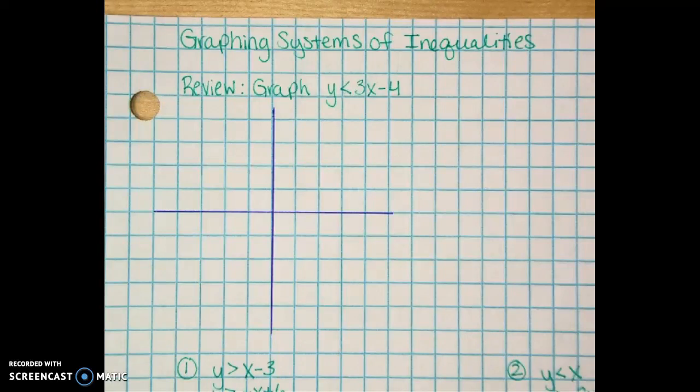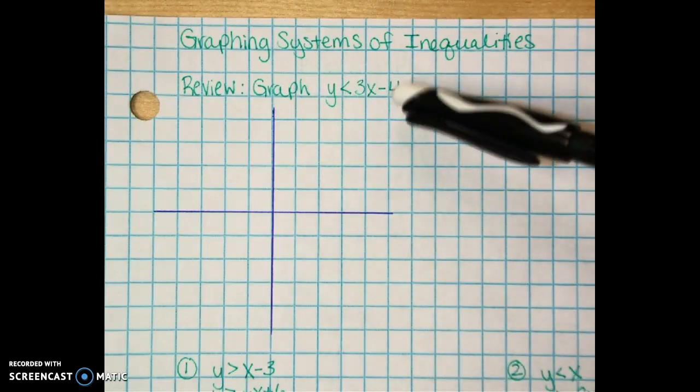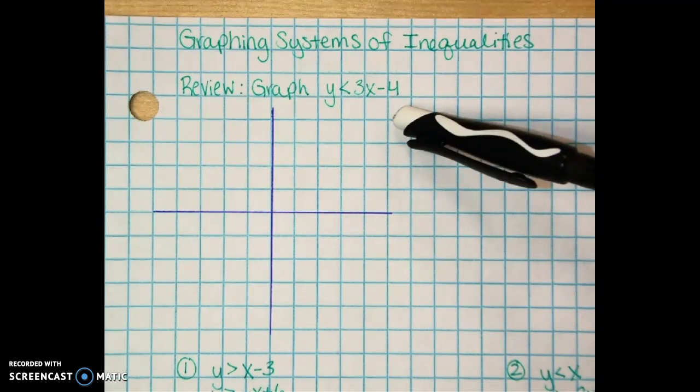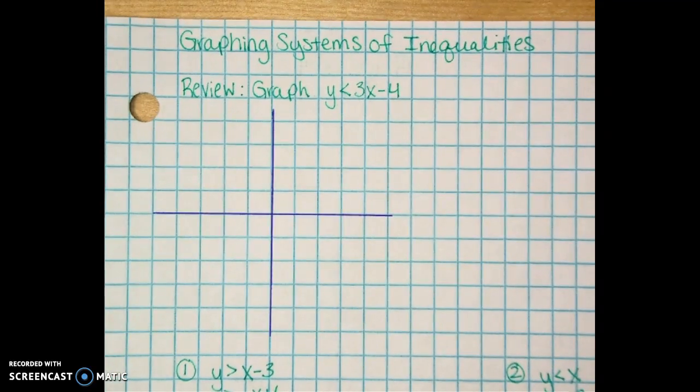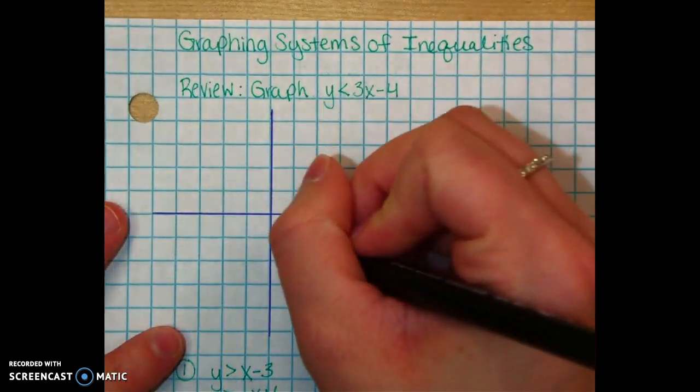Today's notes are on graphing systems of inequalities, and before we get into the new stuff, we're going to review graphing just regular inequalities first. We did this a couple months ago. So here is the inequality that I need to graph, and if you notice there is no line under that symbol, so that means it's going to be a dashed line, and I'm going to start at -4,